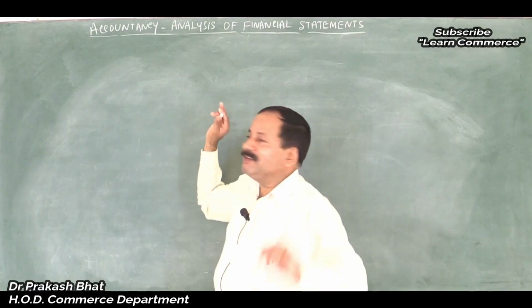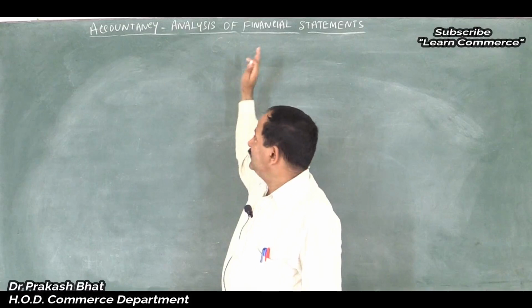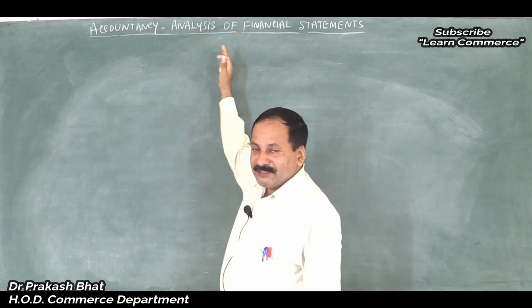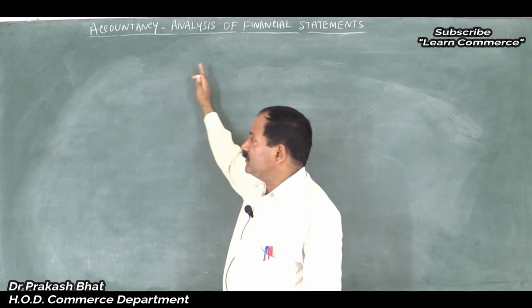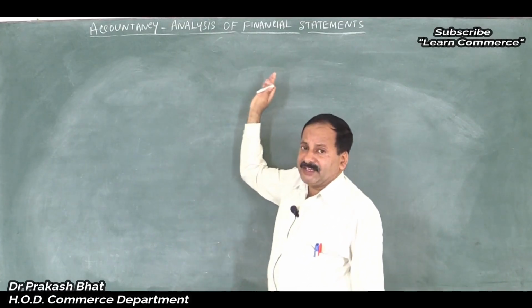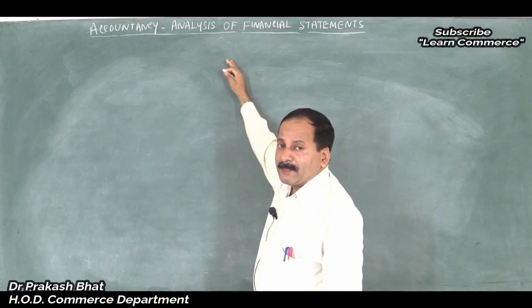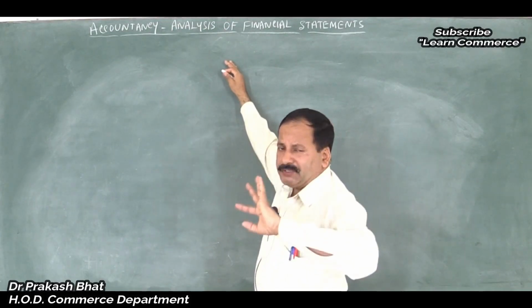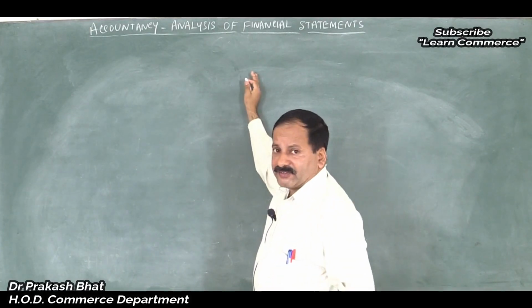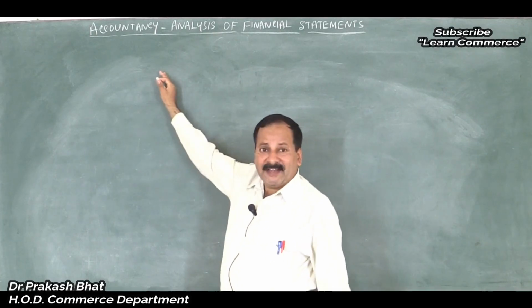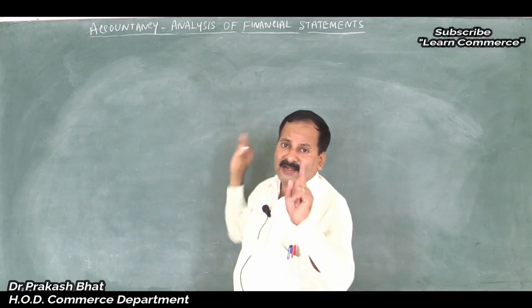All you have to do is put it in the format of a comparative statement, then find out the difference between the previous year figure and the current year figure. You have to see whether there is an increase. If it is an increase, write the difference without using a bracket. Don't use plus or minus symbol. If it is a decrease, put it within a bracket. Suppose last year figure was 10 lakh, this year figure is 9 lakh, then there is a decrease of 1 lakh. Am I correct?